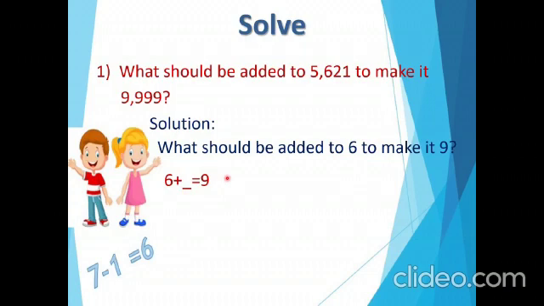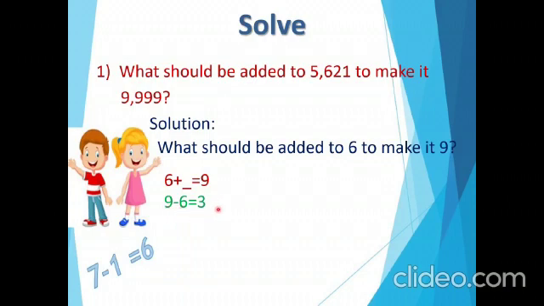Okay, but is it easy for the large numbers? No. Because of that, we have to take first single digit numbers. Then we have to understand what should be done for these kind of problems. So here if we add 3 to 6, we get 9, correct? How we get that 3, children? That we can get 3 by subtracting 6 from 9 also, correct? That is 9 minus 6 is equal to what? 3.